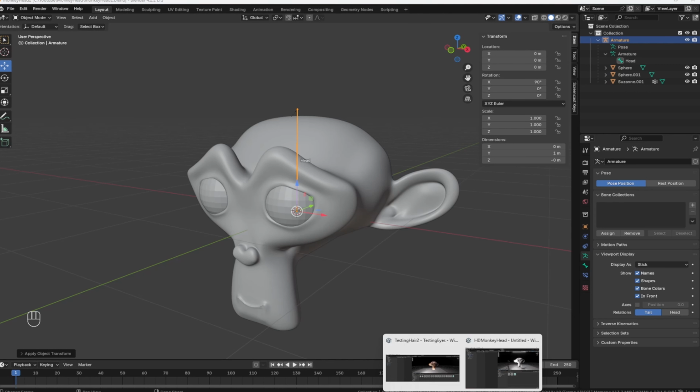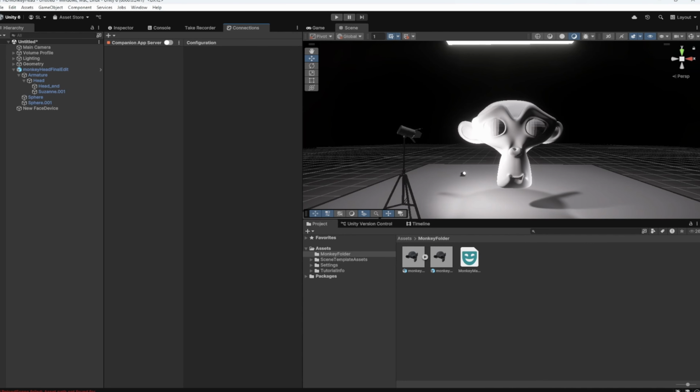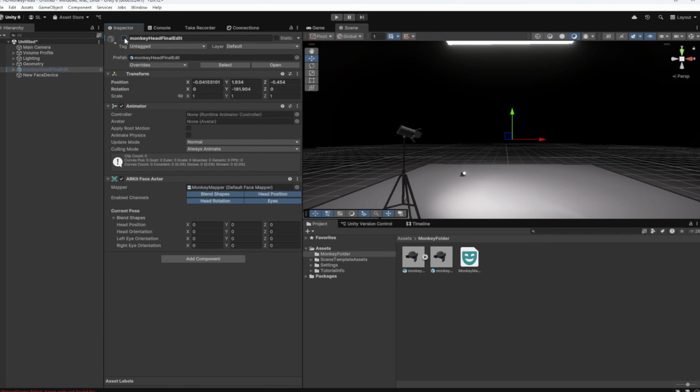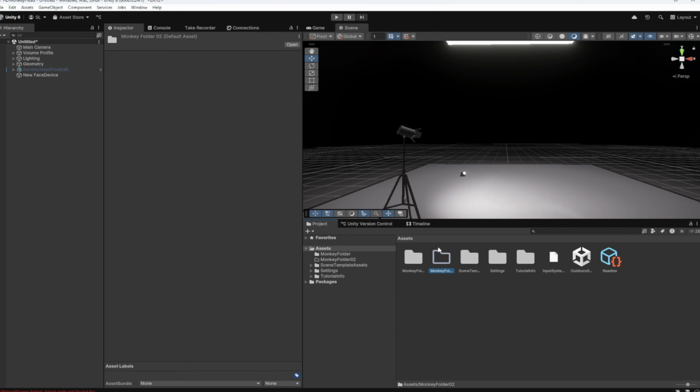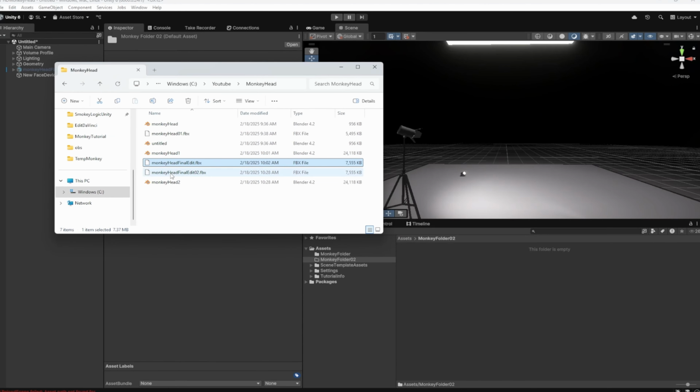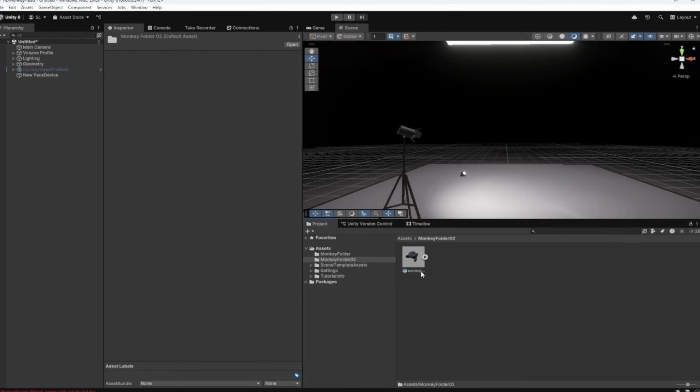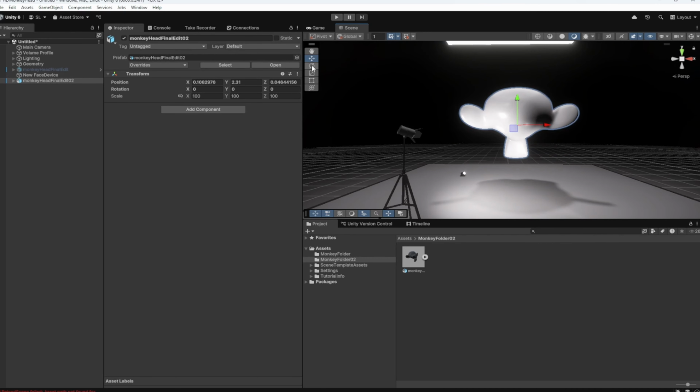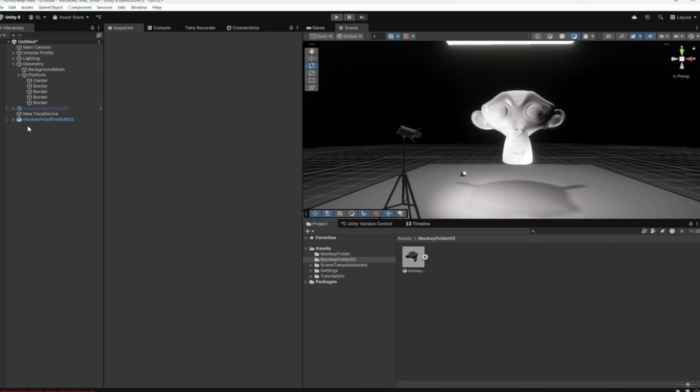And now let's go back to Unity. This is where we want to add it. So let's add that one. Let's go to monkey, find it. That's why it's also a good idea to check if everything works before you do the hard part, so before adding the eyes as well. Okay. So now let's make it into a prefab. Oh no, wait, let's add it into the scene. Let's position it correctly. Cool.